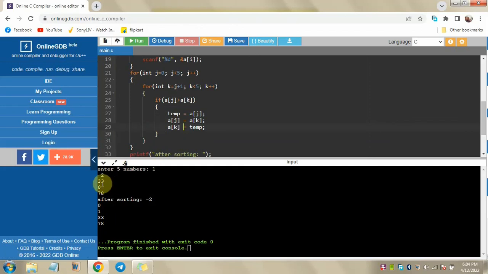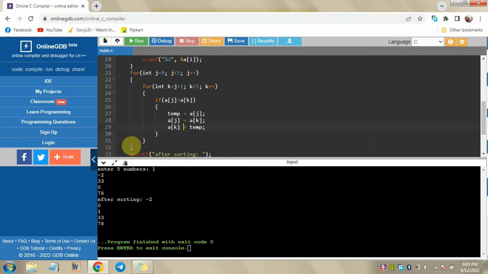If it gets any other value that is less than the first value, then it will swap, and the first value will be the smallest value. So once this inner loop is done, we'll be getting the smallest value in this position. After that, the inner loop is complete for 4 times.